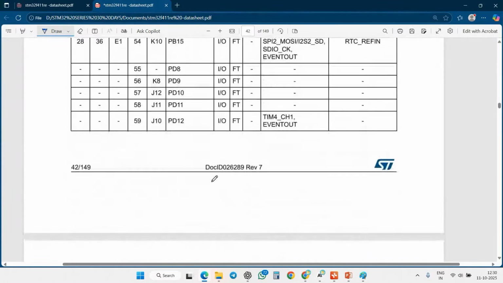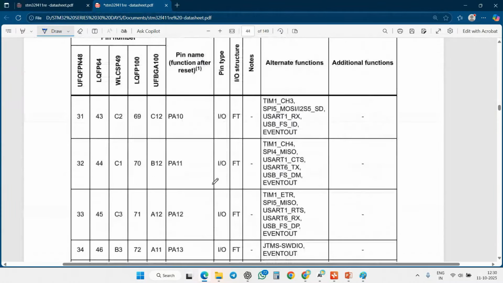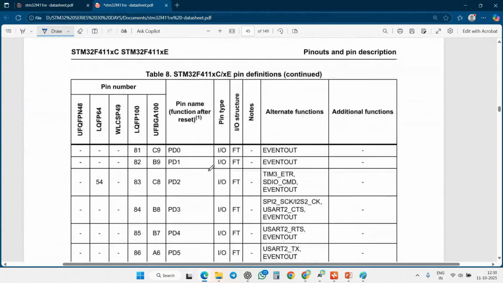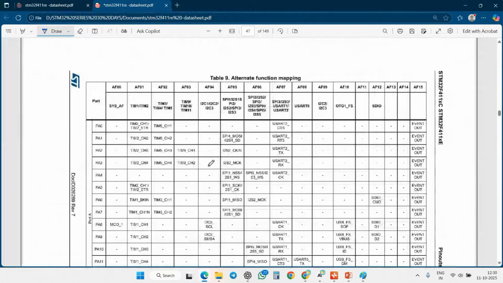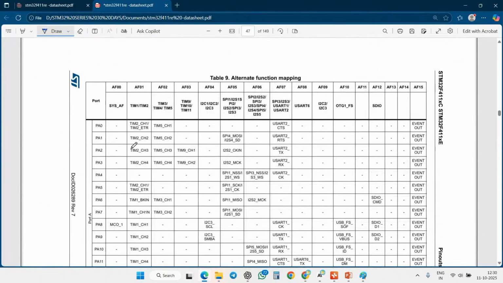If you scroll down, you will get the concept called alternative function mapping. Whenever you have this one,